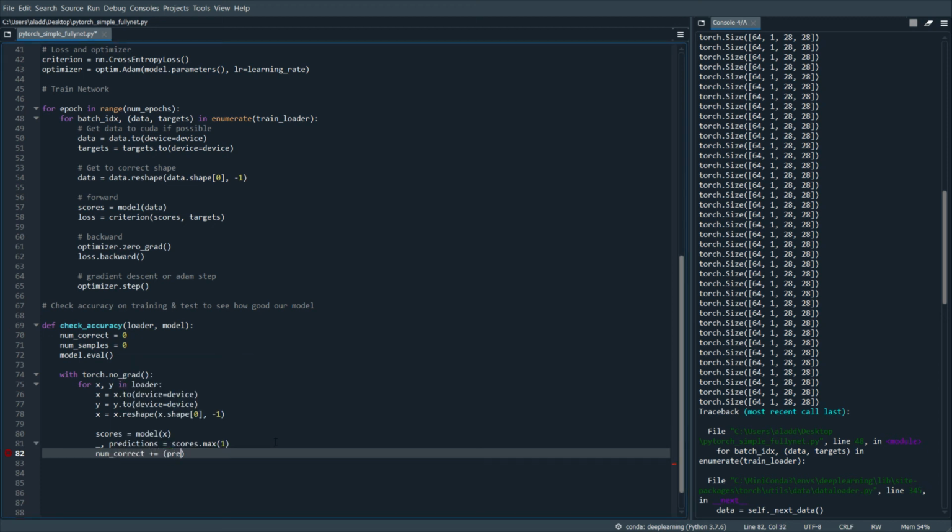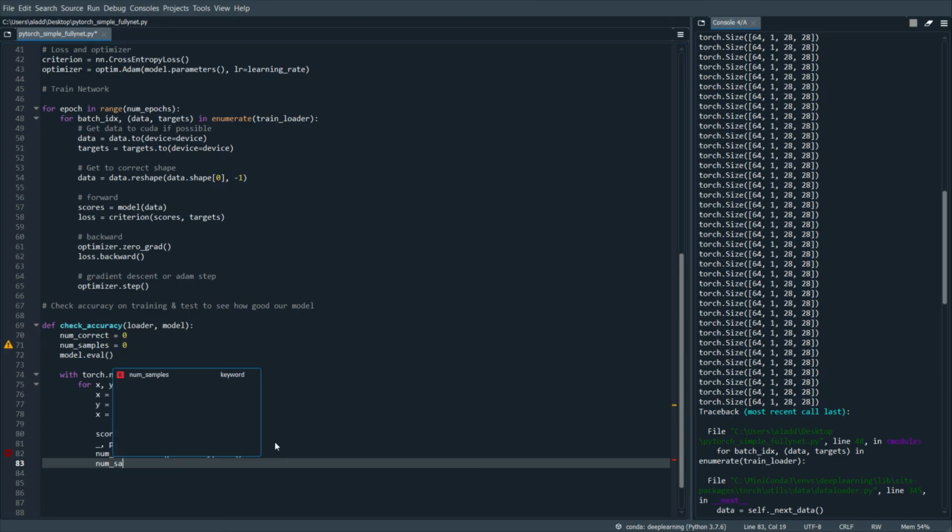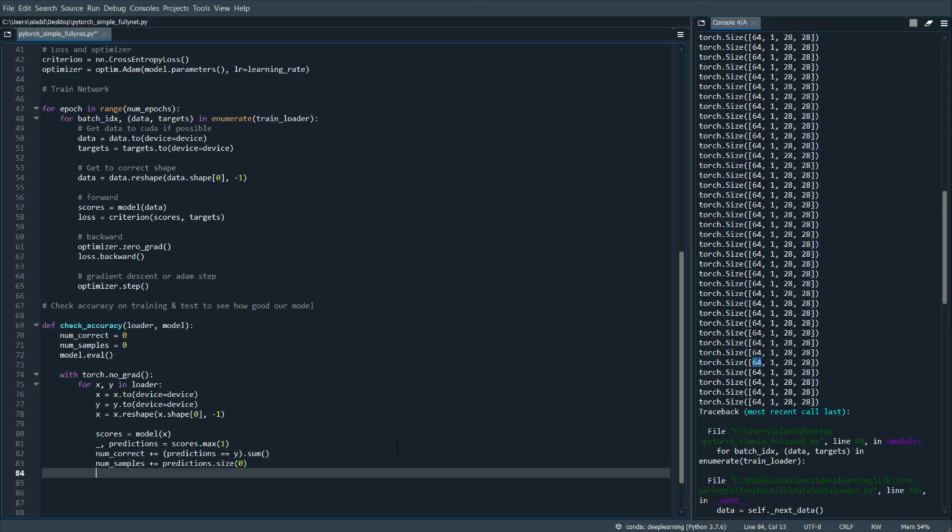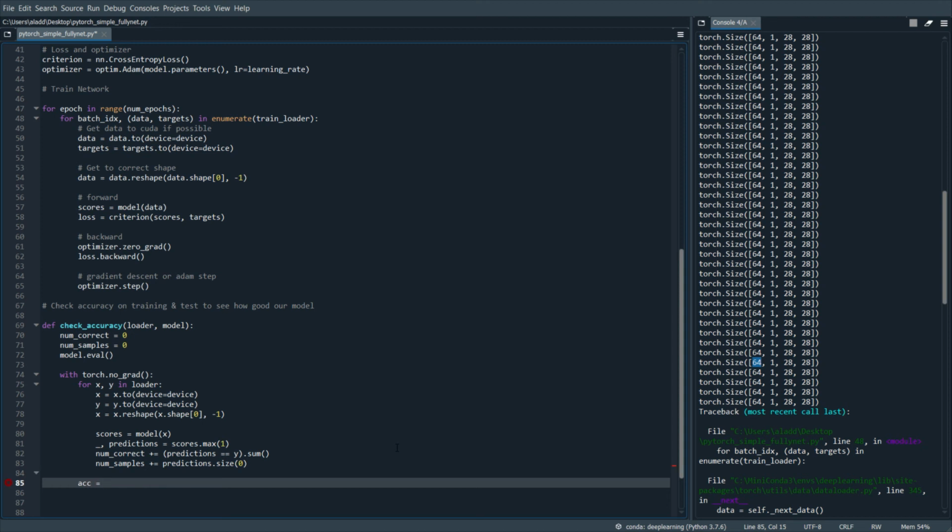Then we just do num_correct to be the predictions that are equal to the correct label, and then we just take the sum, and num_samples will be predictions.size(0), the first dimension. So essentially this, right, 64. And then we want to compute the accuracy to be,